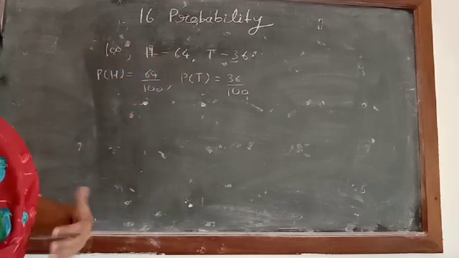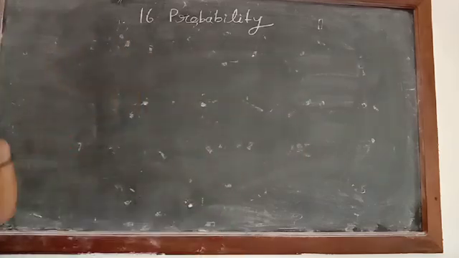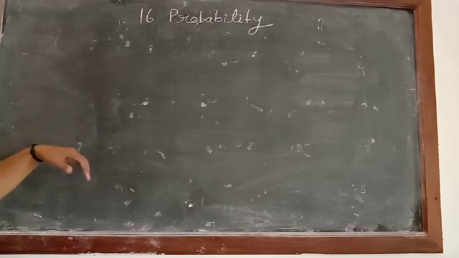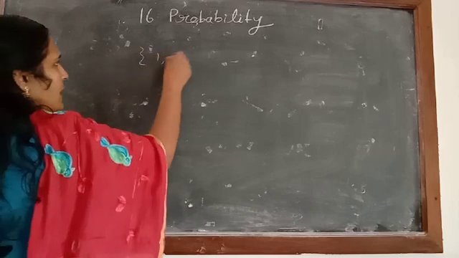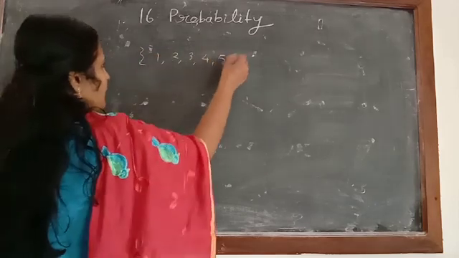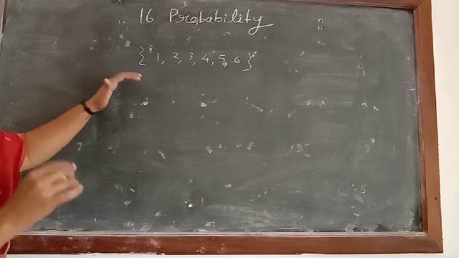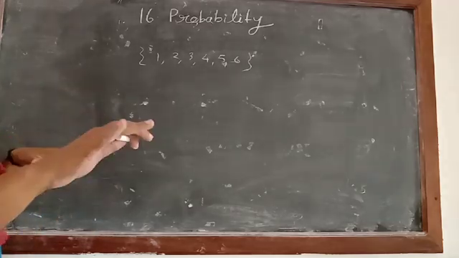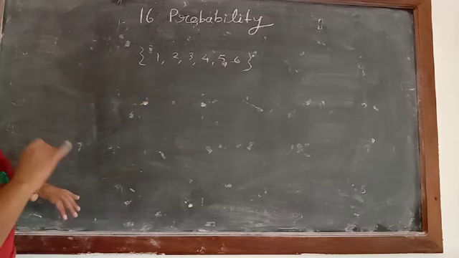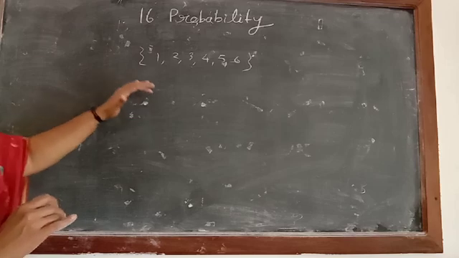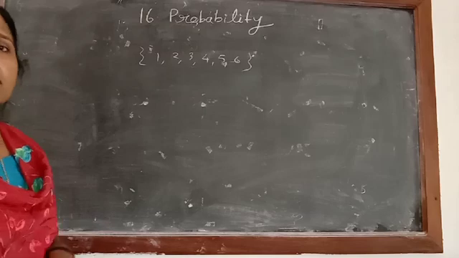Clear? Okay. But now when we are doing the question, we are not performing the experiment. Like when we say a die is thrown, we write the possible outcomes 1, 2, 3, 4, 5, 6, and the possibility of each outcome is the same, meaning we give equal preference to all the outcomes. This is called the empirical or axiomatic approach of probability, and we have to study this approach only.